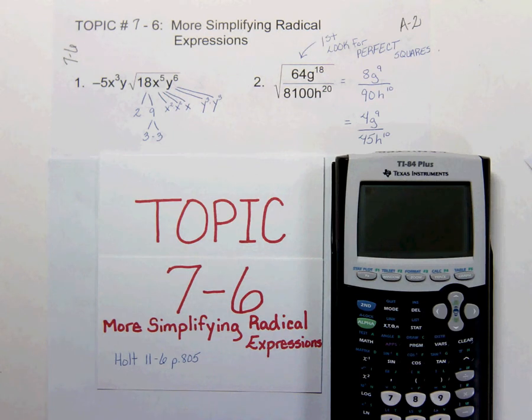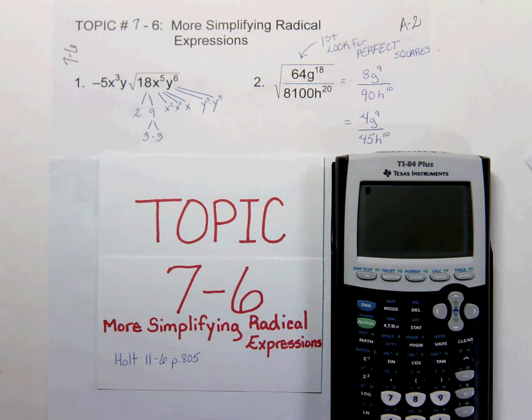Topic 7-6, More Simplifying Radical Expressions. This can be referenced in our Holt textbook, Chapter 11, Section 6, starting on page 805. And we're going to do a few more and do a few other things with perfect squares, and we're going to introduce division. You've been looking at problems that have multiplication, but I want us to look closely at numbers